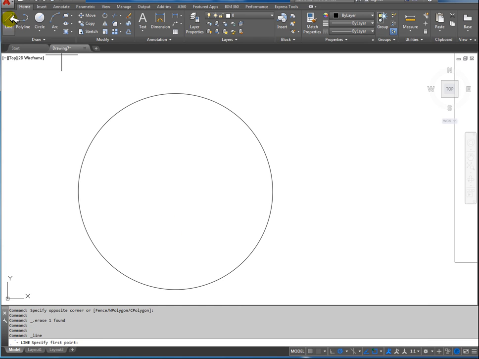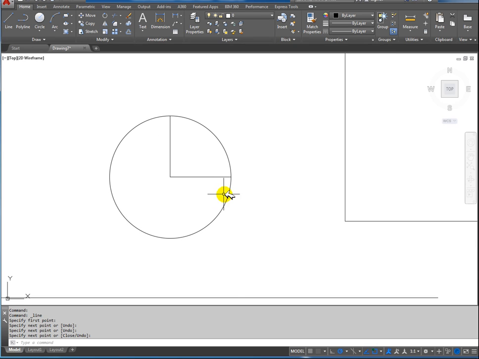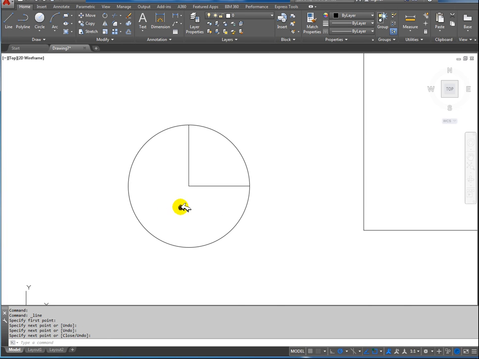And so I could say I want a line between that point, the center, and that quadrant point. Okay, and I press enter, or you press escape on your keyboard, and that will terminate the command. So the whole idea was to show you how you could use this tool called trim, the trim modifier, to create the door symbols. So that I could go now and say I want to trim,